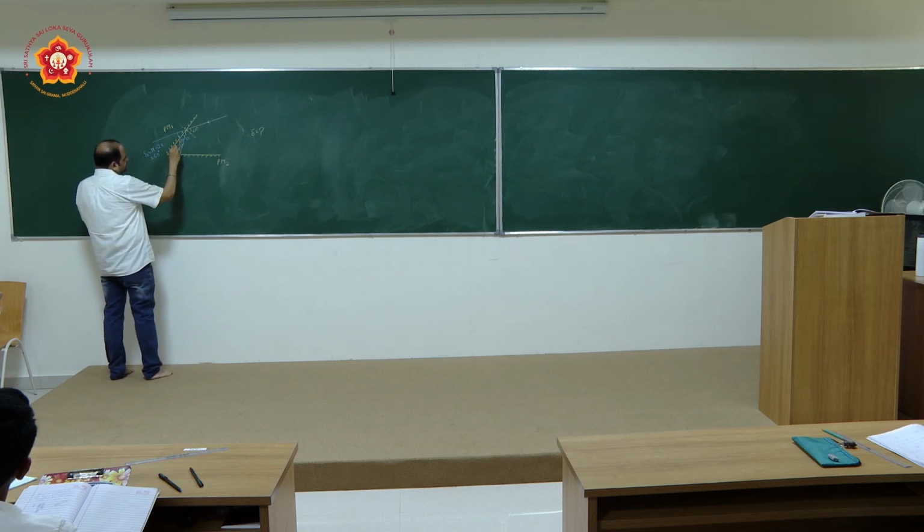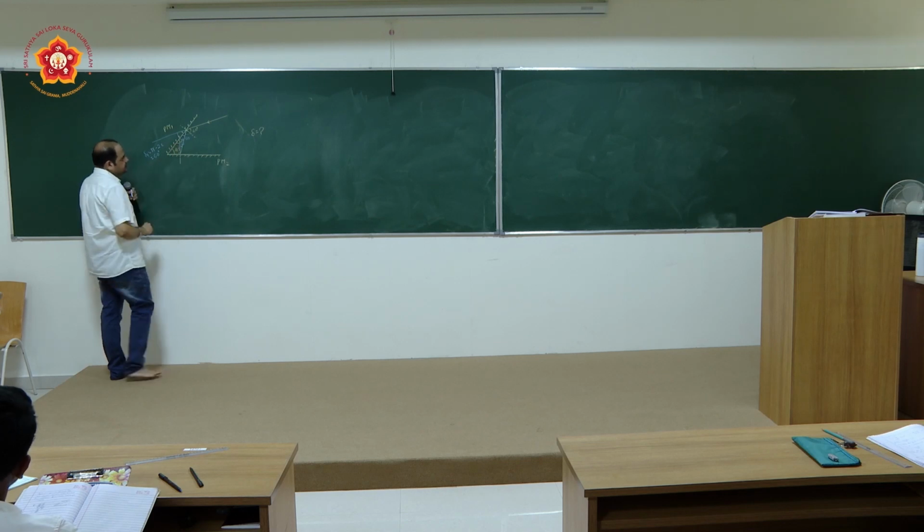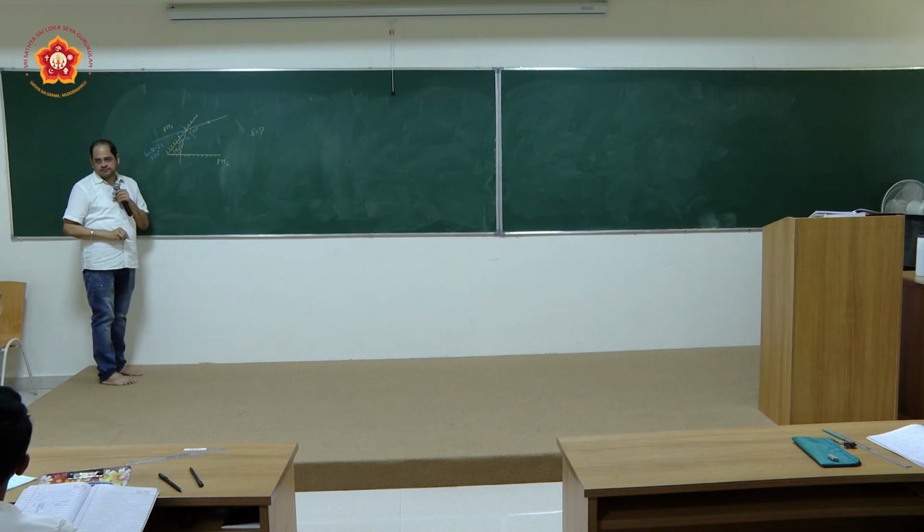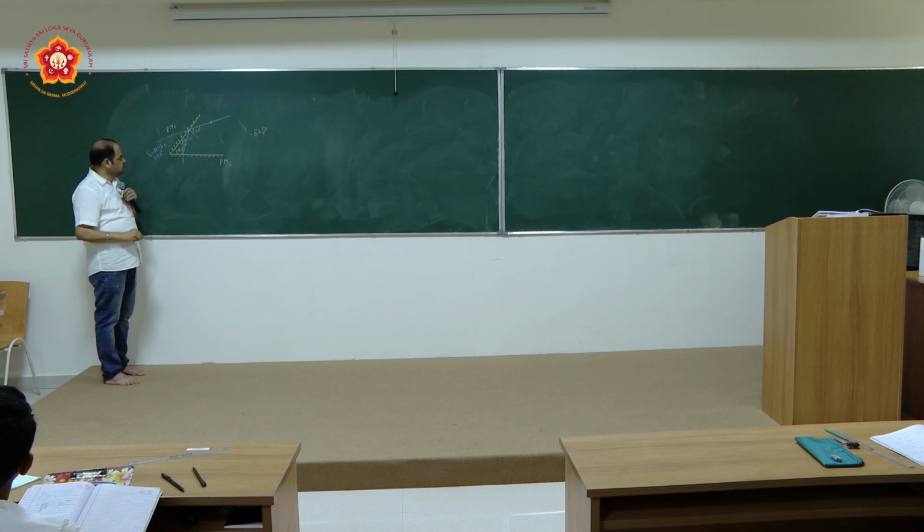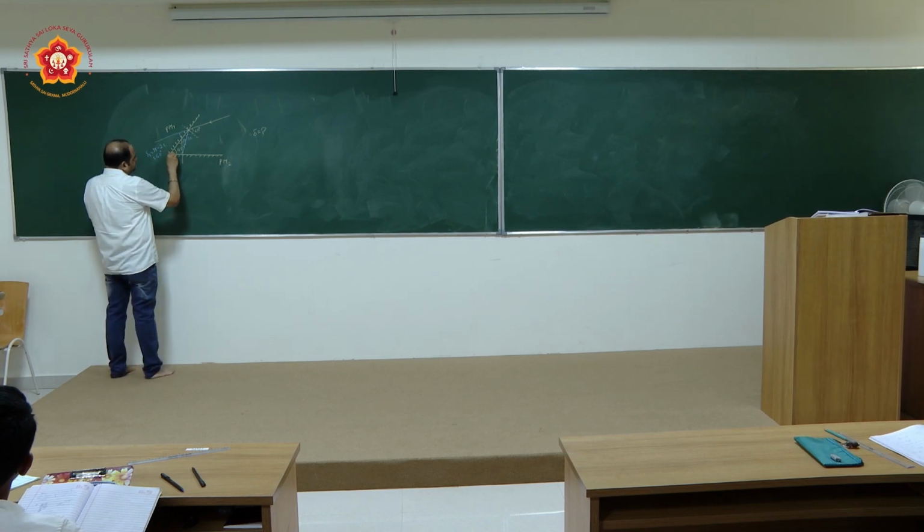This is 45, so this will be 45. So 90, 45, 45. So how much will this angle here be? You see, 180 minus 45 will be there now. So this will be